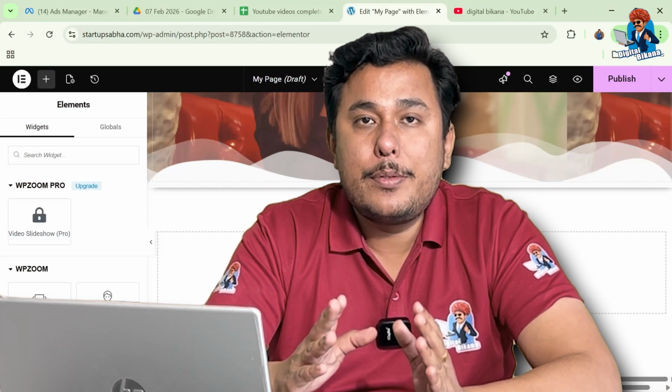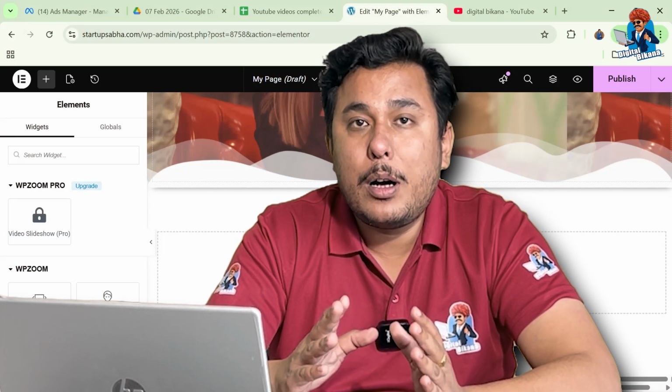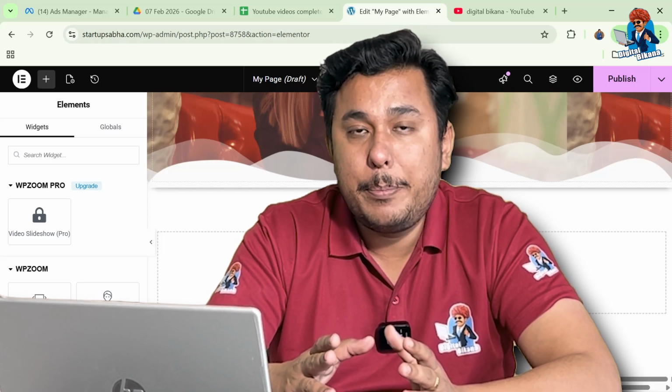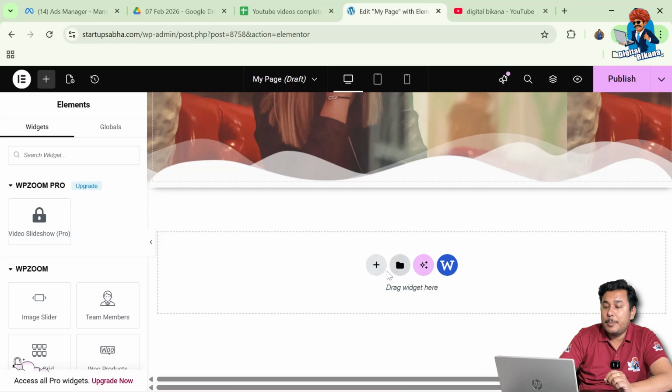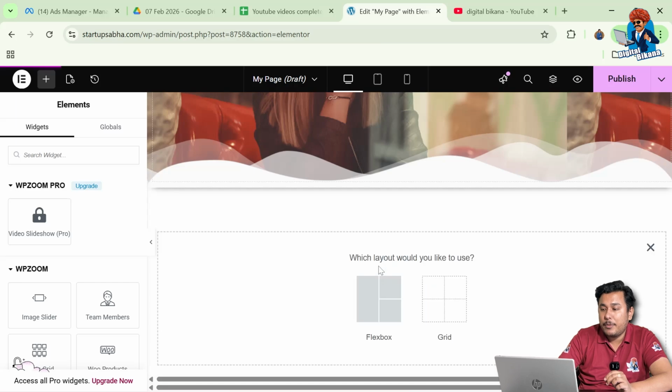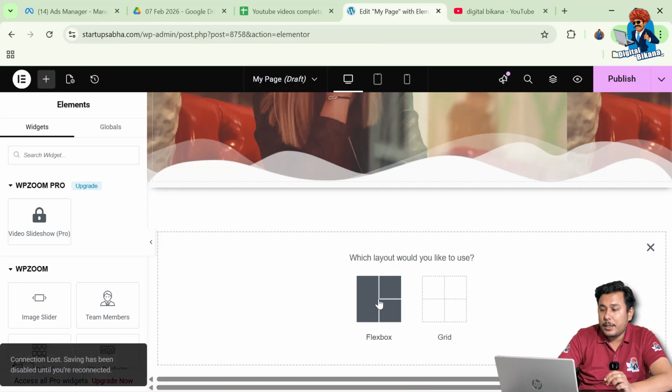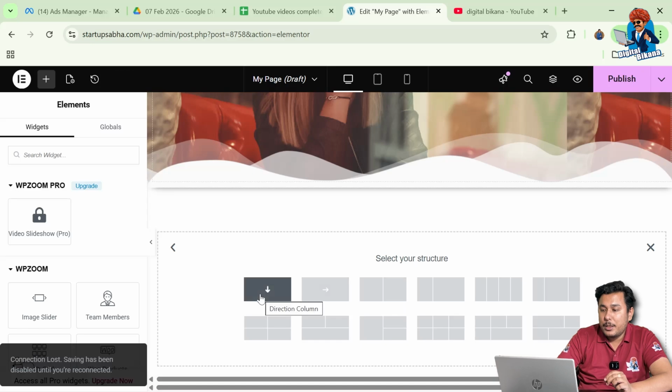Hello friends, in this video I'm going to tell you how to select the border type of a container in Elementor. As you can see, I'm in Elementor and here I'm creating a new web page of my website. While using Elementor we have a plus icon displayed in the middle of the screen to create a new container. So I have clicked on that, and now we are going to select a flexbox,